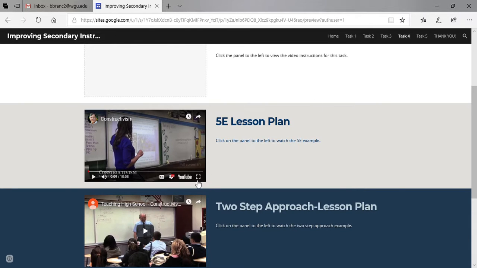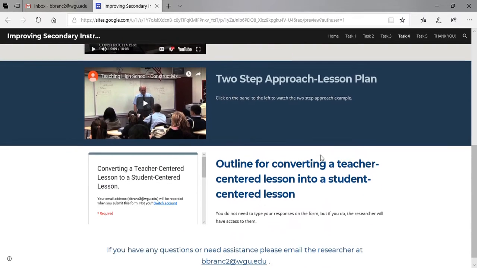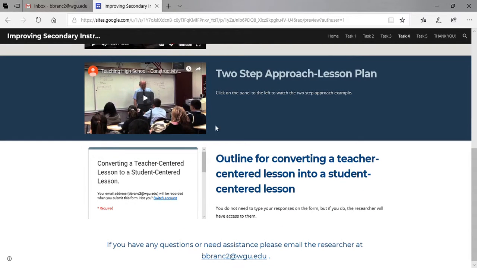When you click on these links on the left side, if you click this button right here where it says full screen, it'll take you to a full screen format if you so choose. But you just follow and watch in the same way you've watched all the videos that I put on here for you already. When you're done watching the two videos,